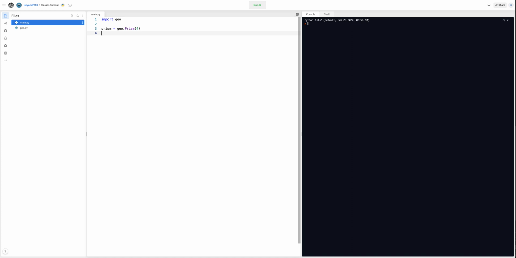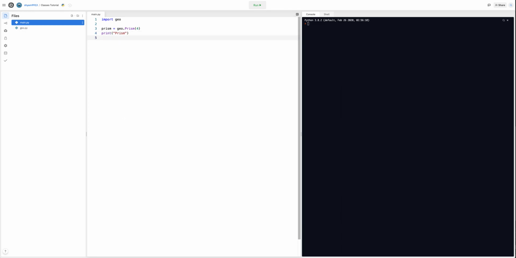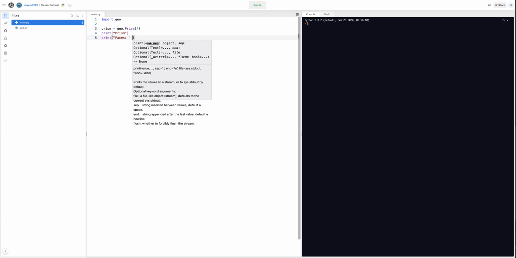So I'm just going to print prism over here so we know it's for the prism. And then we're going to print. Okay, so this is how you combine 2 of these little things in quotes which are called strings. I like the strings we tie, not strings in programming. So this is how you combine 2 strings. Faces colon, and then you add